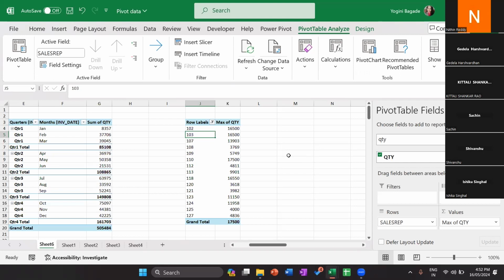Ma'am, what do you do if you want row labels sorted min to max according to quantity? No, it will be like this. Like you can have